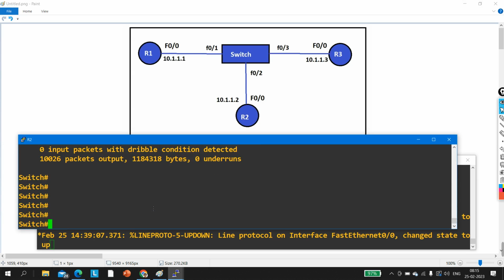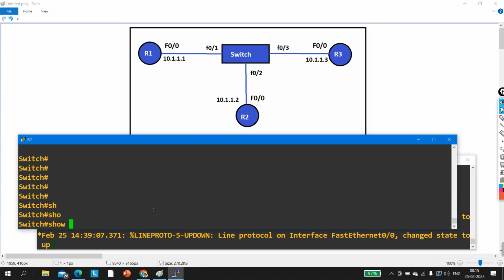Okay, but now the switch is receiving traffic, and the switch is sending traffic as well. How can we check that? So show interface F0/1, and you can filter the output. In real time always try to filter the output. So I am going to say include packets input. So here you can see the switch has received